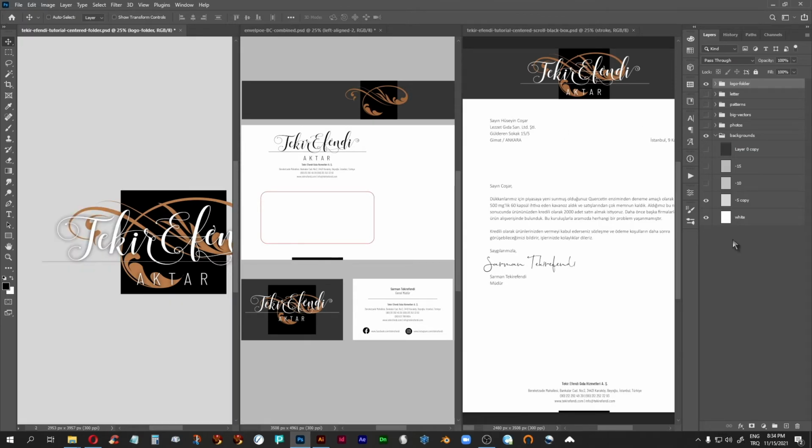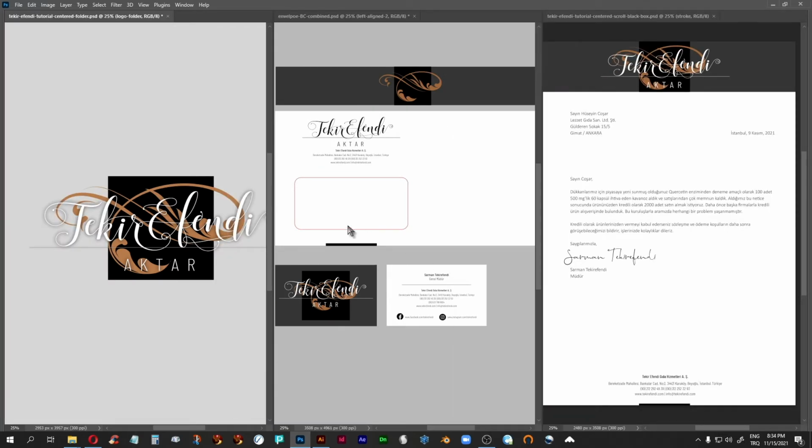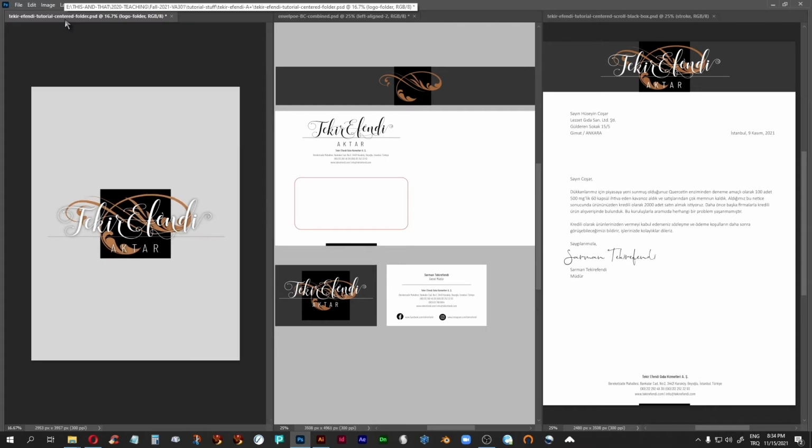So the question is, do these all work together? Yes, they do. And why can't I leave it like this? Sure you can. But the thing about the company folder is that it actually sets up a bridge between the stationery package and everything else that you will be doing after this point. So as you start to put the logo type and the identity onto things like bottles and jars and menus and aprons and t-shirts and shopping bags and